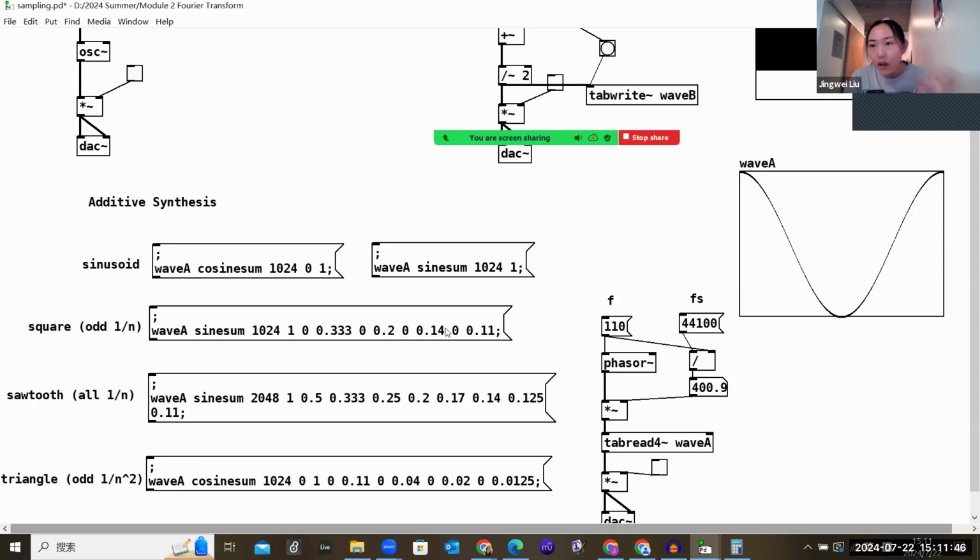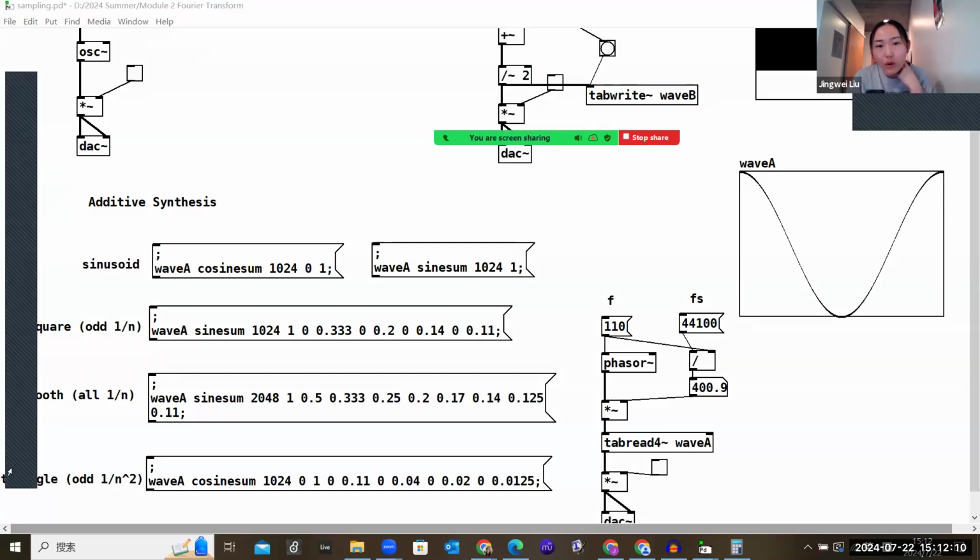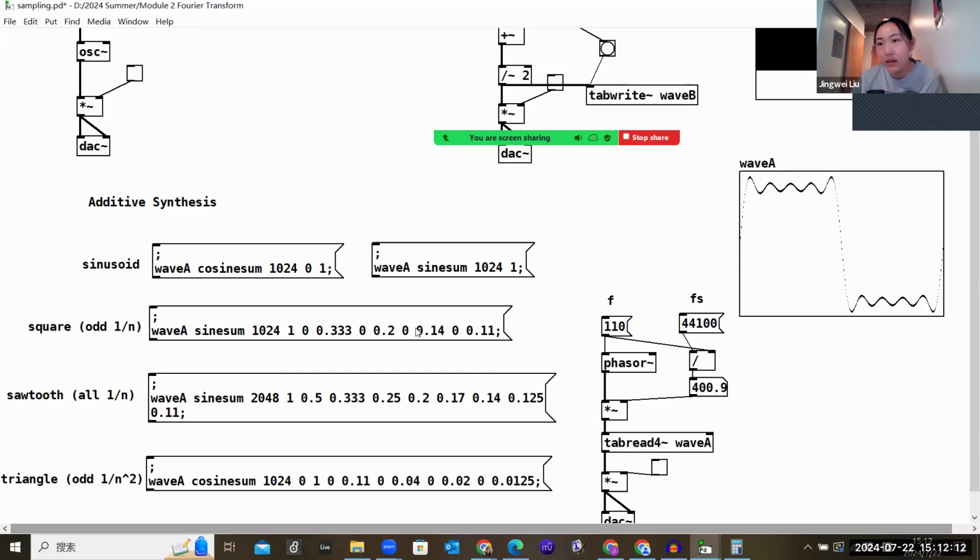All the even harmonics are 0, and the odd harmonics are: this is 1, this is 1/3, this is 1/5, this is 1/7, this is 1/9. So this is the